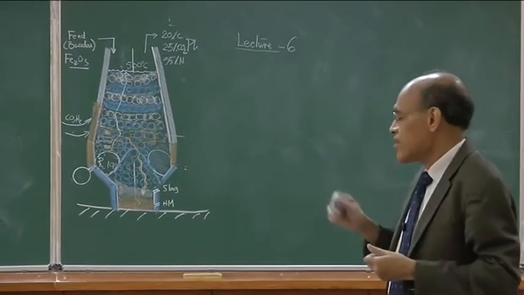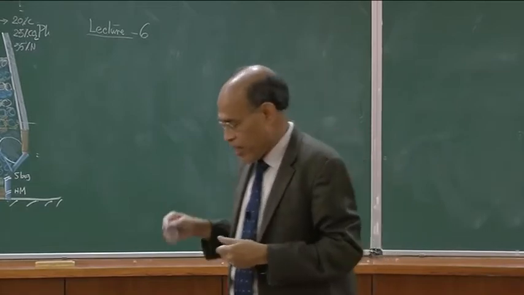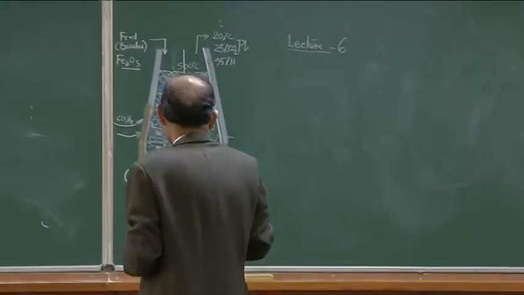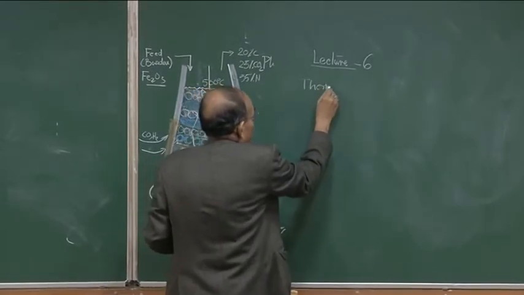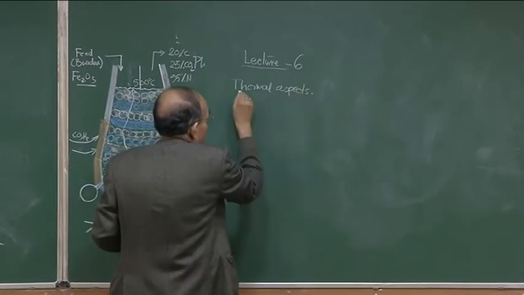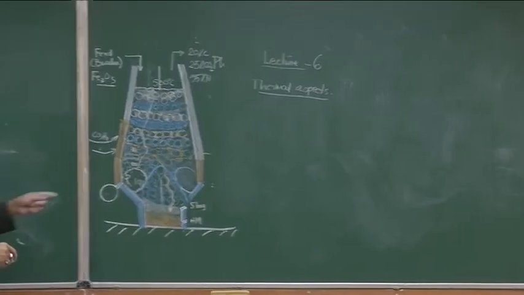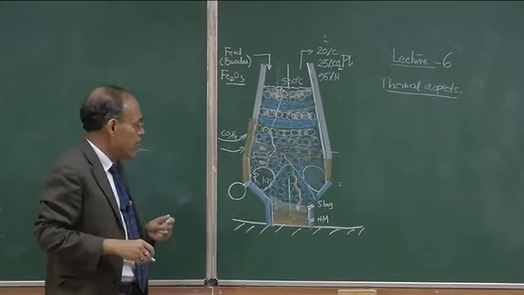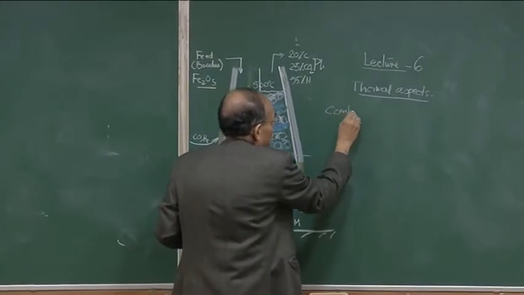So, having discussed the physico-chemical aspects of iron making in an iron blast furnace, let us talk a little bit about the thermal aspects. Some statements have already been made, and we want to first look at the raceway region, and in the raceway region what we see is the combustion